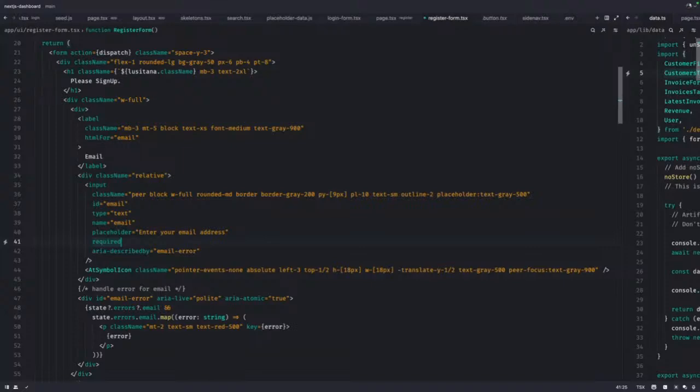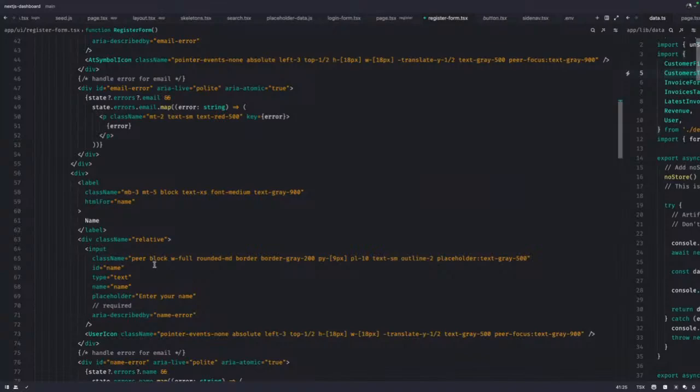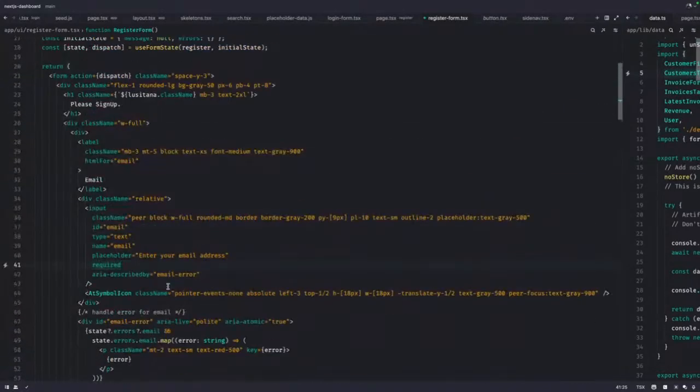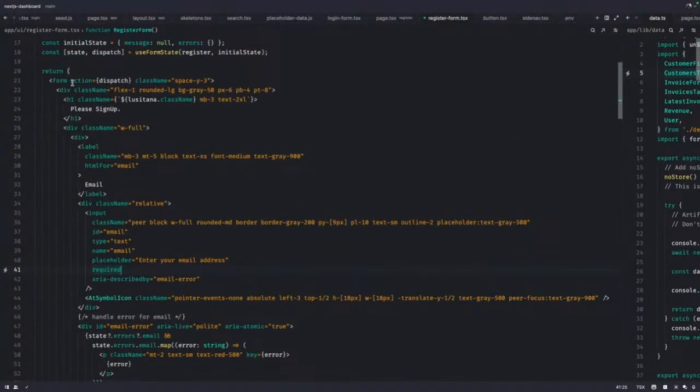Okay. So we then have this input which is stateless. You don't have any value and you don't have any onChange, any event controlling it. So by the time you click on the submit button, because this is an action and it is a server side thing, it sends out a form data containing all of the values that were written inside of this input.